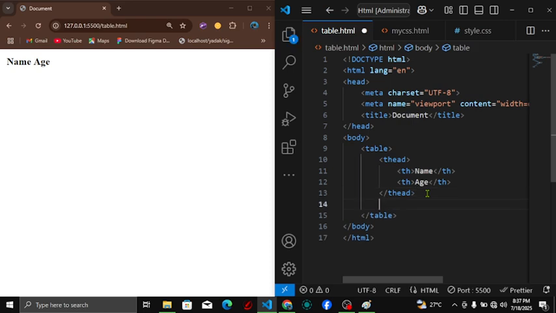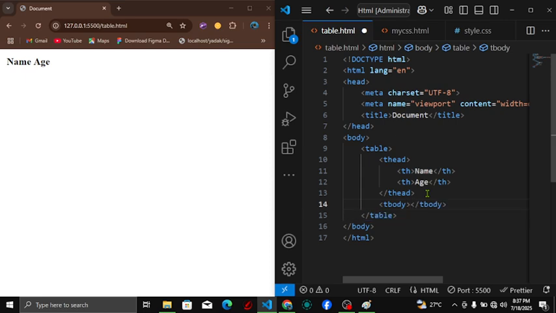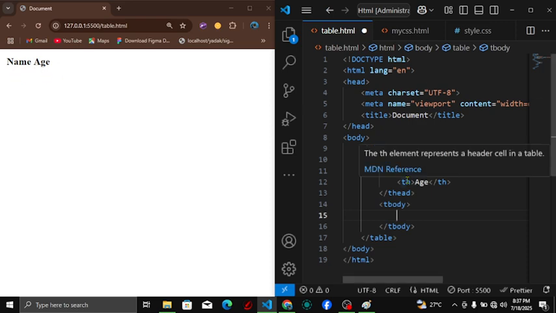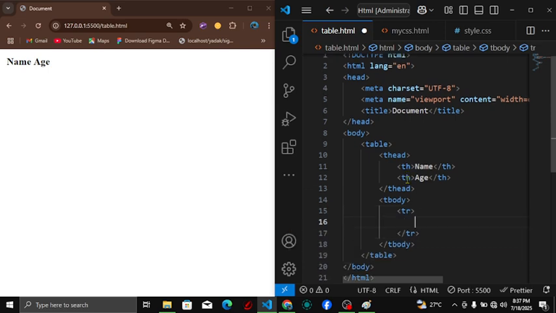The tbody is the information that the user has already filled out, right? The information that the user has filled out is the tbody. So in your tbody, you will have rows, right? Because this will be a row that will contain the user's name and the user's age. So you have the tag called tr, right? In your tr, you have data that you input. First data should contain the name, second data should contain the age. So that's also in a tag called td,